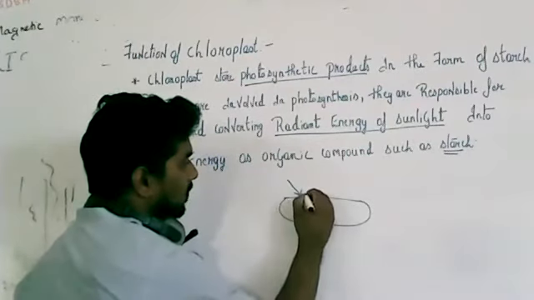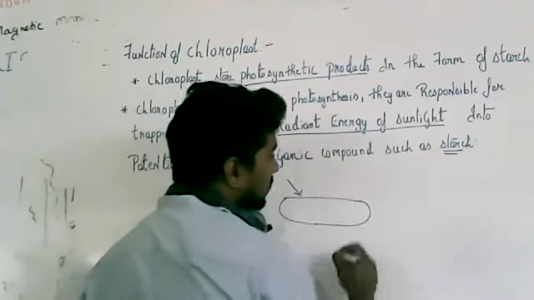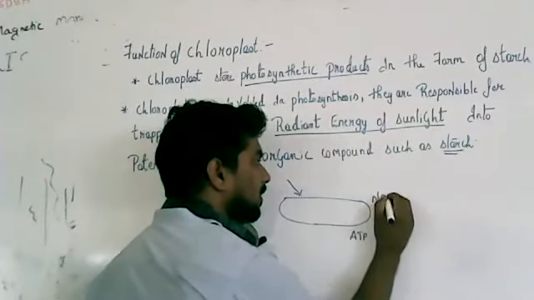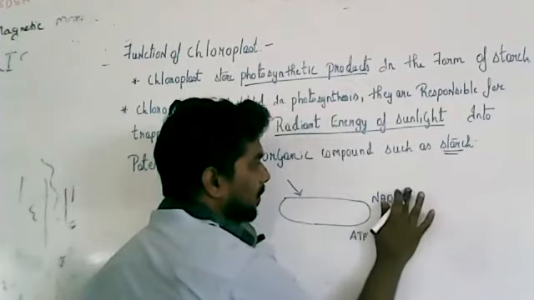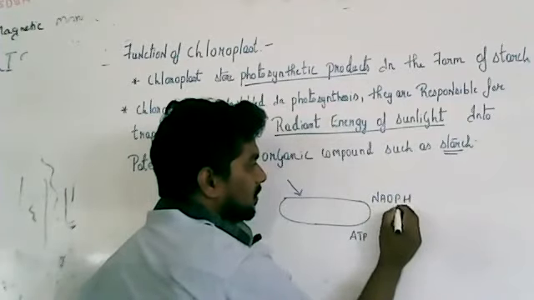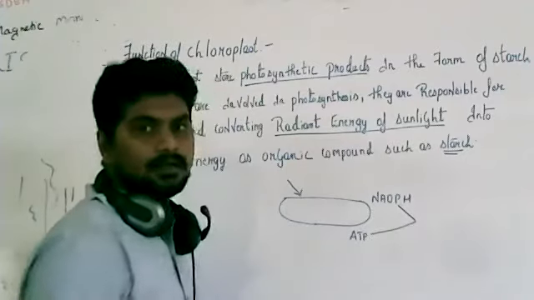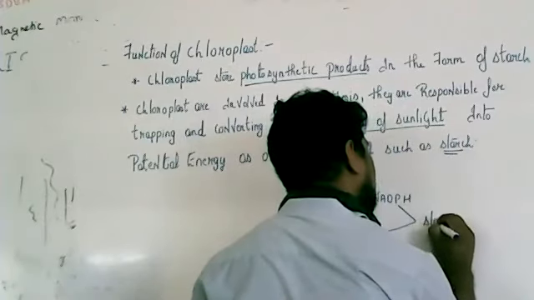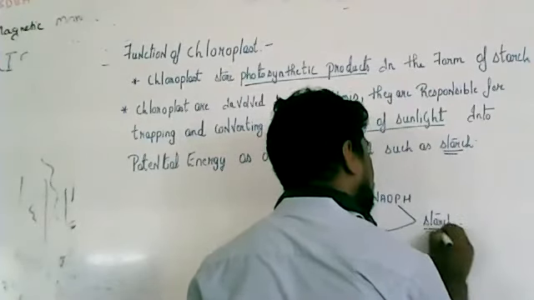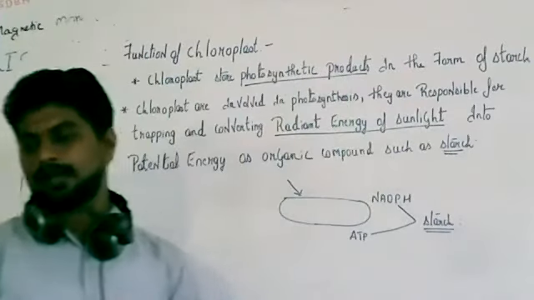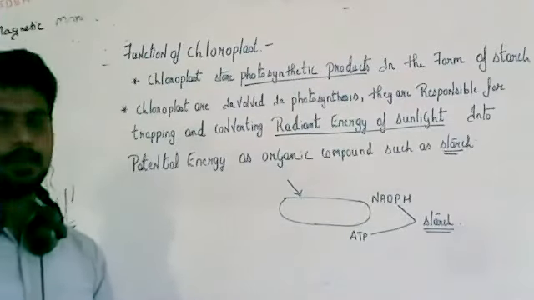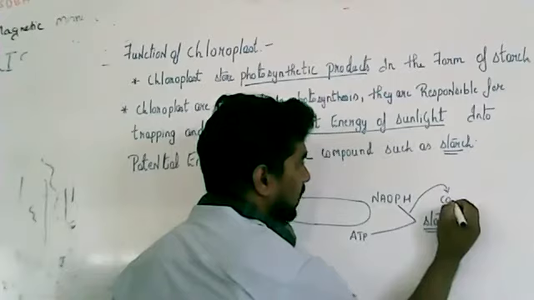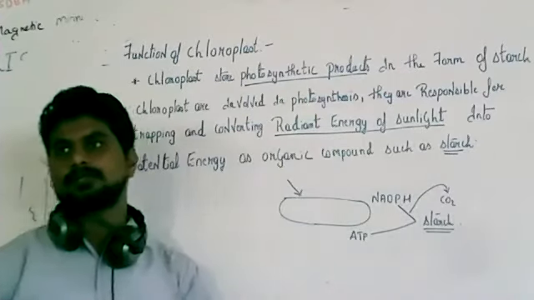So here by using light energy, as I told you last class, this will produce ATP and NADPH. Okay. So both of them are utilized and they give rise to a molecule which is called starch. So starch is synthesized with the help of energy rich molecules NADPH and ATP along with CO2. So even CO2 is required for synthesis of starch.